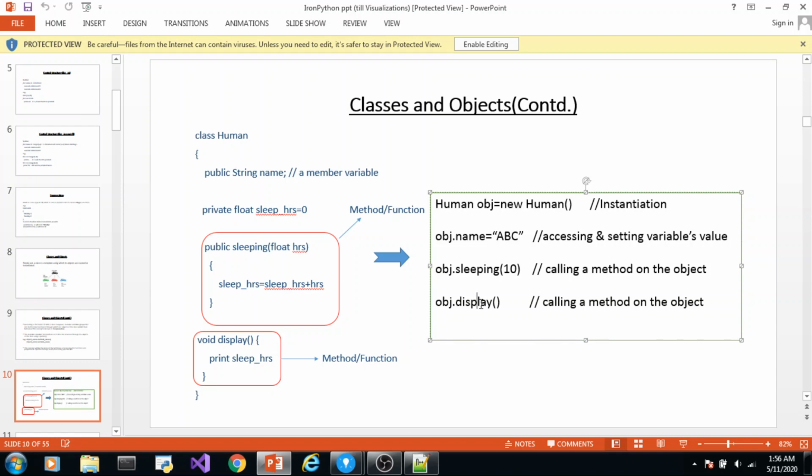Two points to remember: a class contains methods, variables or properties, which is called encapsulation. Now how do we access the properties and methods defined in a class? Through an object. First you create an object and then you access its methods and properties using a dot